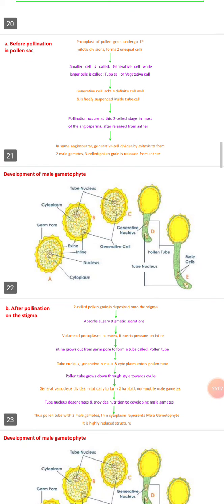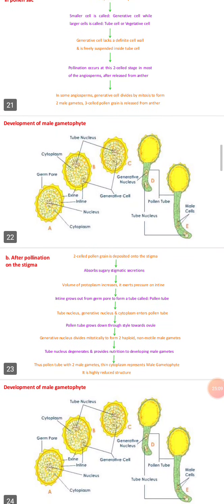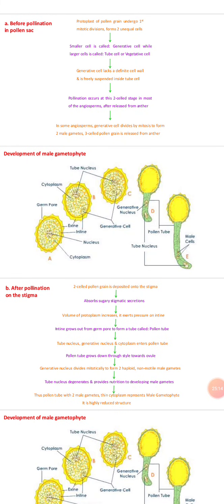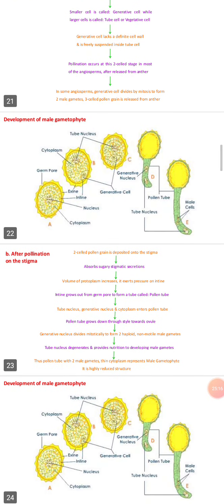Then, regarding the germ pores present, in angiospermic pollen grains, among them dicot pollen grains, 3 germ pores are present. Germ pores mean what? Openings. Okay, so at that particular site the pollen tube normally forms, and the male gametes of the generative cell get attracted toward the pollen tube. So basically the pollen tube normally forms after pollination.